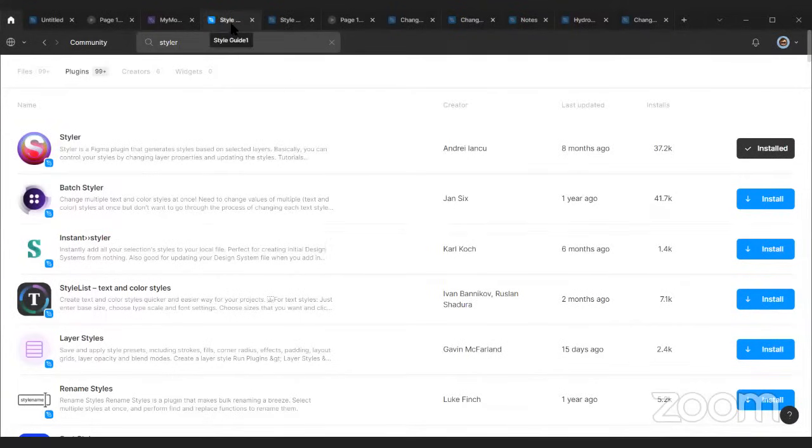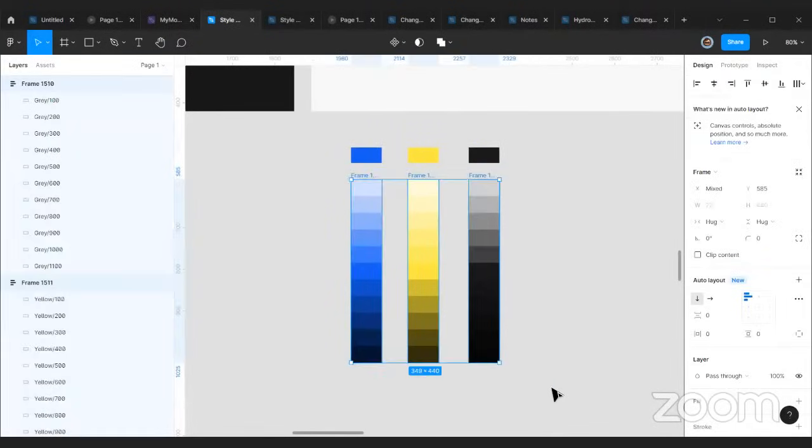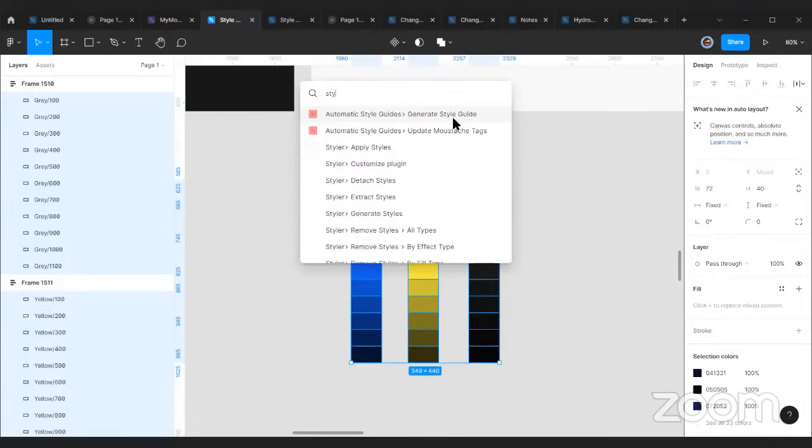Yeah, so once you have that, you can always come back to your file and select the styles you want to create, and hit enter. I mean, don't ever forget to hit enter so that you select all the elements you want to create styles with. So once I have all of that selected, I can always use control and forward slash to look for my plugin that I've already installed. So the name is Styler, right? And yeah, when you're searching through the command